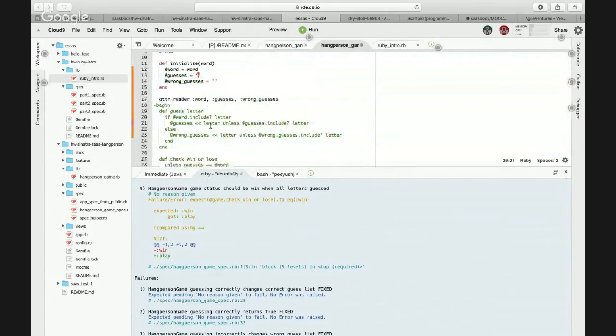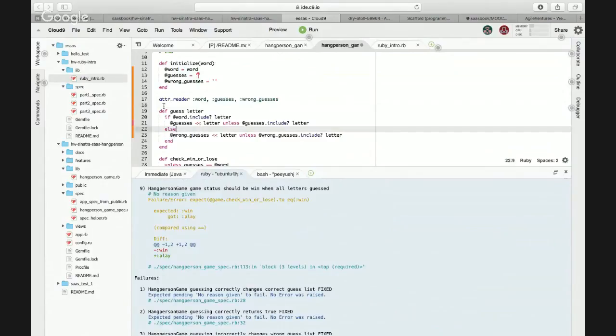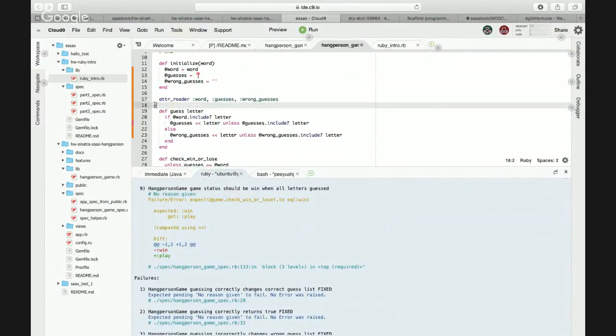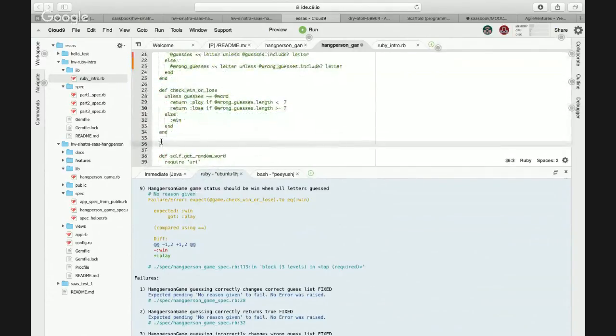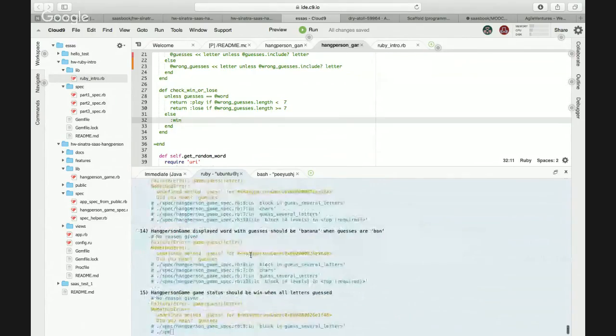Anyways, we could work on it. So I have commented this part. I have saved this file. Can you see now?